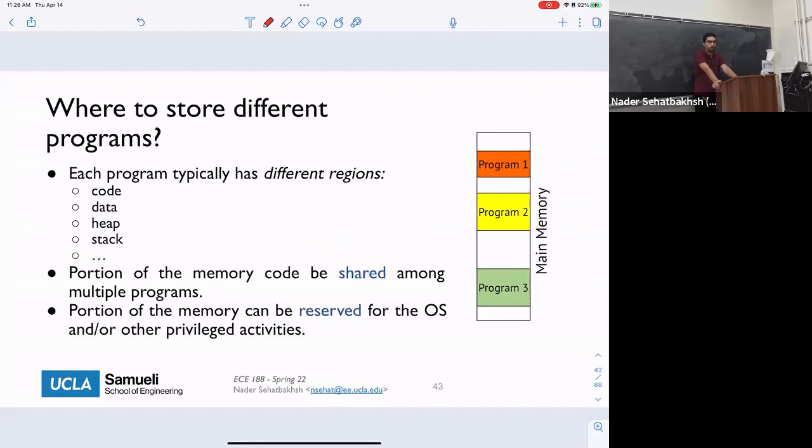And if you think about programs, generally programs have different regions. When I'm showing this continuous part of the program, it really has different sections. For an Intel system, you usually see code, data, heap, and stack. Usually code and data are predefined and their sizes are fixed, but the heap and stack are growing, one in one direction and the other in the other direction, with some free space in between.